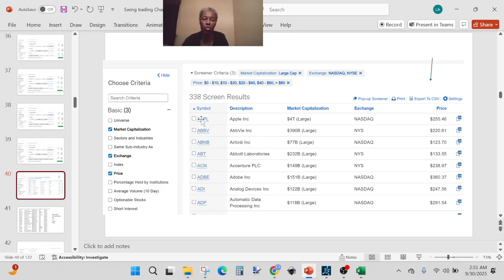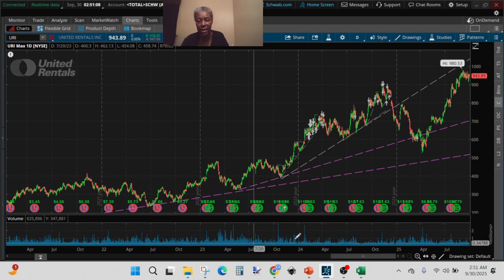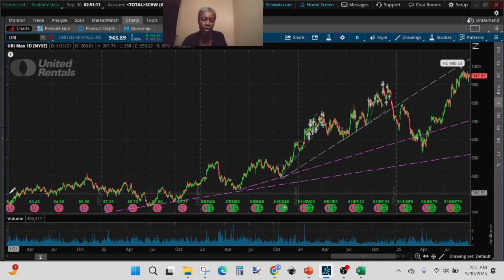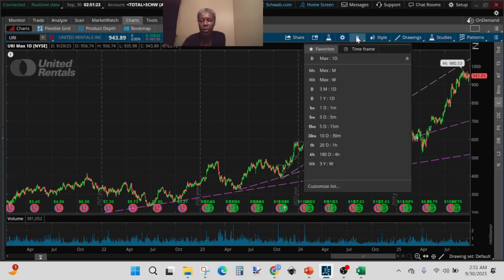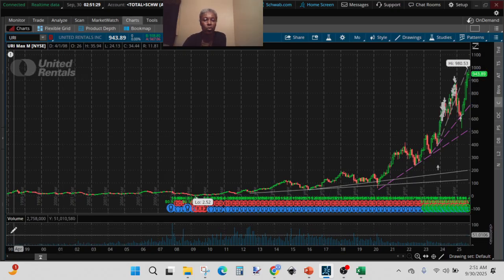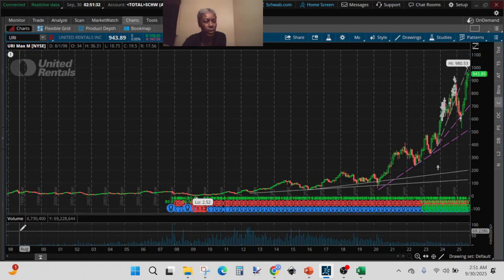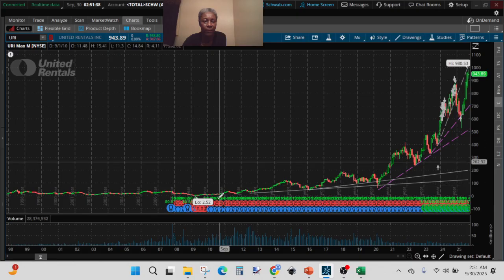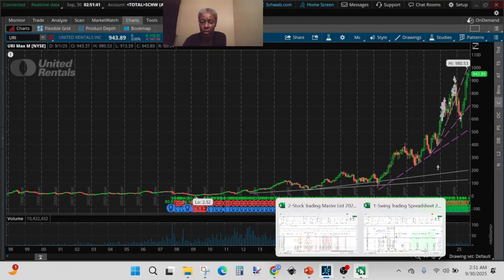You'll click on the maximum chart, and you'll be able to see the beginning year at the left side of the chart, because the chart will have the dates on the x-axis and the price on the y-axis. So the farther back the chart goes, you will be able to see the dates there. And Schwab does provide that information more than Thinkorswim. Thinkorswim does not give you that information clearly enough. You might find it somewhere else, about the stock, but not using the chart. But I tend to use the chart on Schwab,